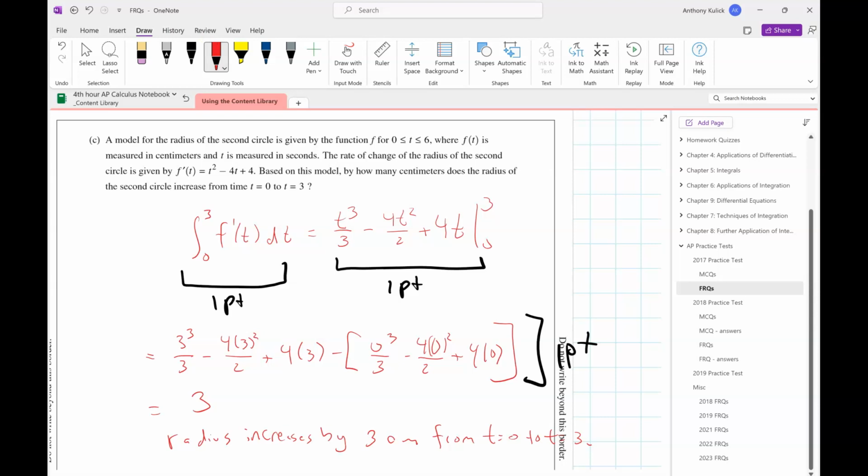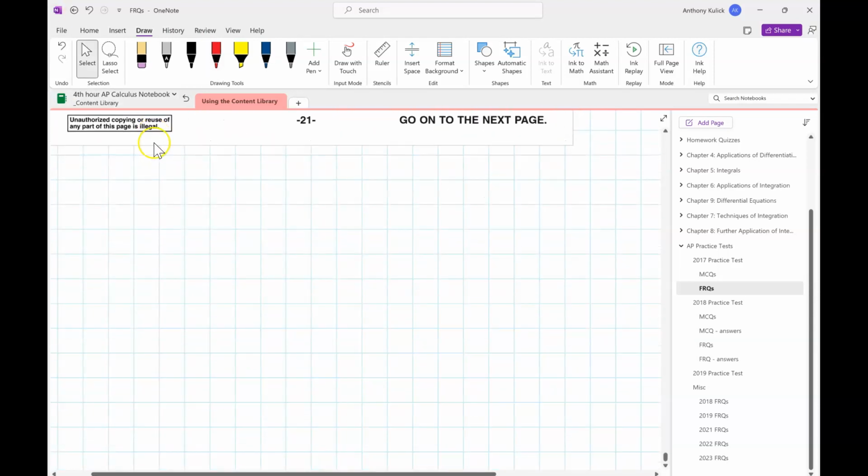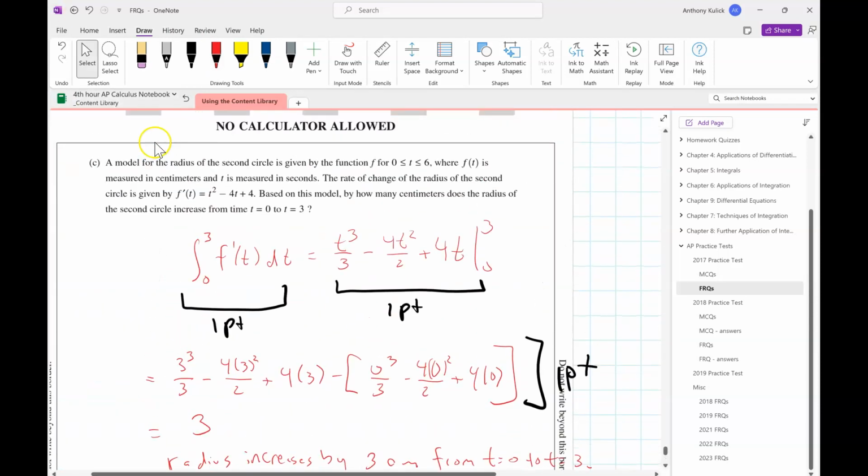I think that was the last one. That's it, dudes. So next class is the MCQs. We've done all the MCQ go-throughs. We've done all the FRQ go-throughs. Next class is the super fun review game, where you have the opportunity to earn for yourself a 50 out of 50 test grade, or a 40 out of 40 test grade, or a 30 out of